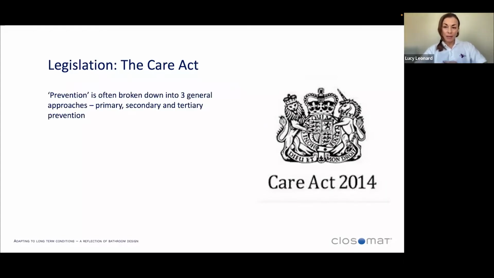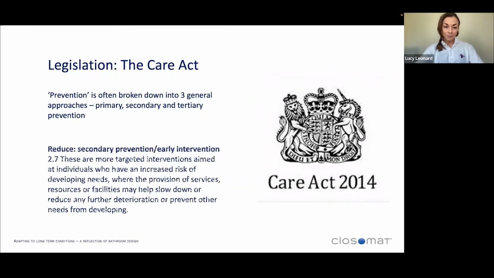And I think the important part of the Care Act with regards to long-term conditions, and obviously it's a huge piece of legislation to go into here when I've only got 30 minutes, is the prevention part of it, which is often broken down into 3 approaches: primary, secondary, and tertiary prevention. The most important bit that I picked out with regard to long-term conditions and occupational therapy was secondary prevention. These are more targeted interventions aimed at individuals who have an increased risk of developing needs, where the provision of services, resources, or facilities may help slow down or reduce any further deterioration or prevent needs from